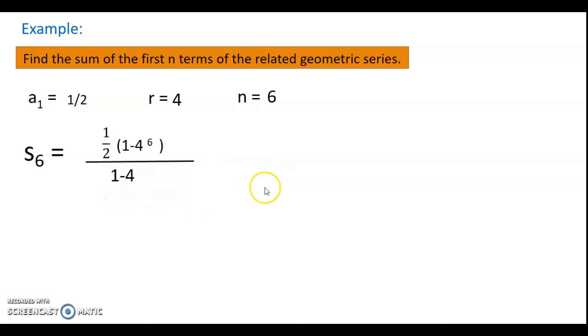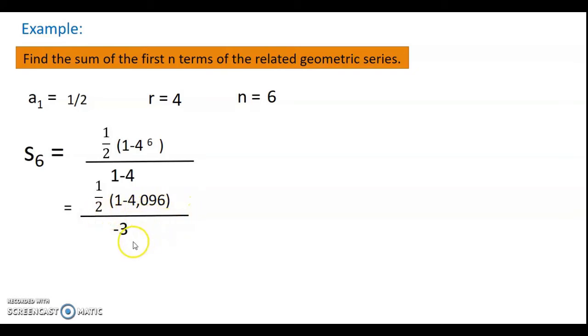I've shown you before how to get the value of a number with an exponent. So here we have 4 raised to the power of 6. So we have to multiply 4 by itself 6 times. So our answer is 4,096. So 4 raised to the power of 6 is 4,096. So let's continue. 1/2 times 1 minus